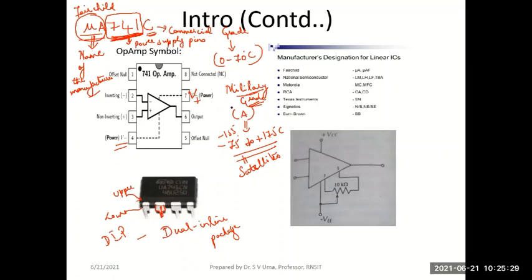The only thing is they are designed to be tolerant to a very high temperature range. They should be working in spite of that. But if you use this 741C, this is designed to work only in its temperature range. It will fail if I launch it in an artificial satellite into space. It can't work in all temperatures. So you have to make sure you use a military grade IC there.